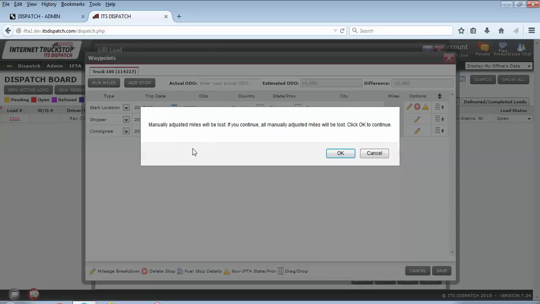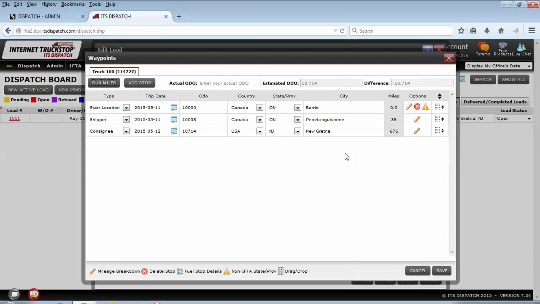Manually adjusted miles will be lost if you continue. All manually adjusted miles will be lost. Click OK to continue. We're going to say OK. I have no manual miles in there at this point in time. So what we see here is we've got from Barrie to Penetanguishene to New Jersey. You have 38 empty miles from where he started to where he picked up, and then we have 676